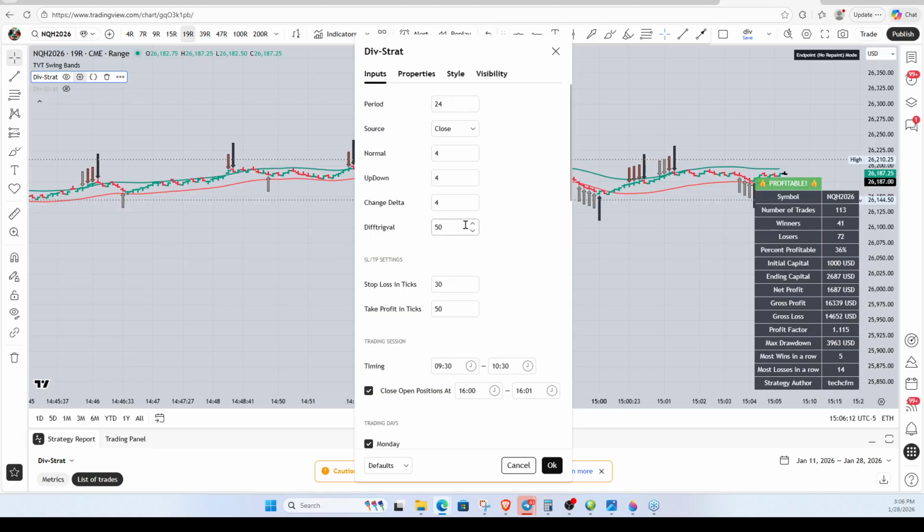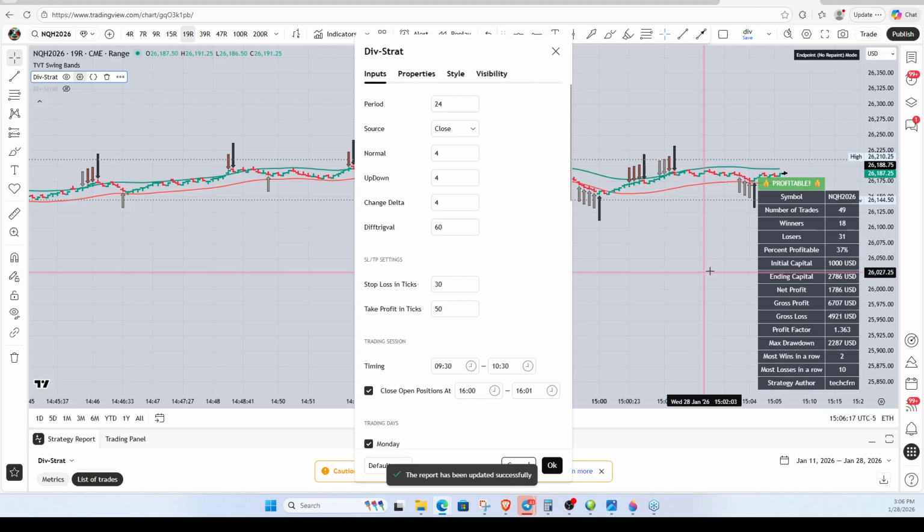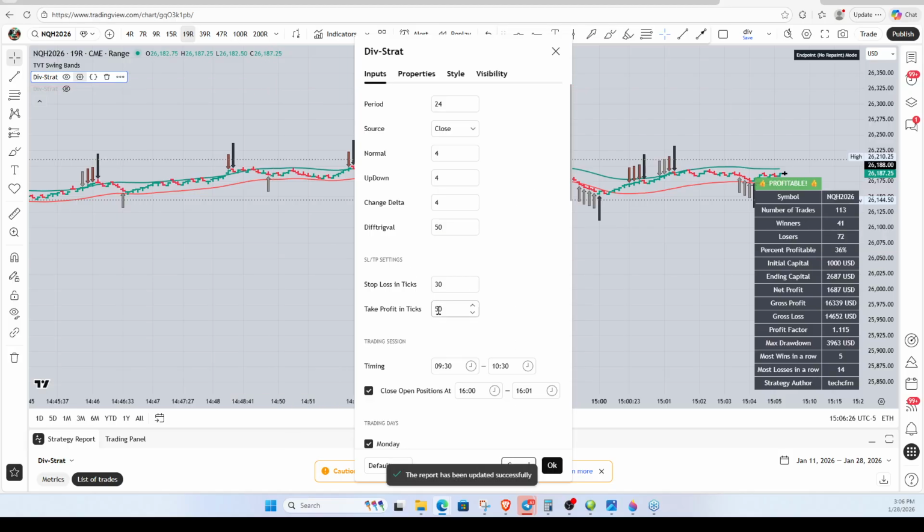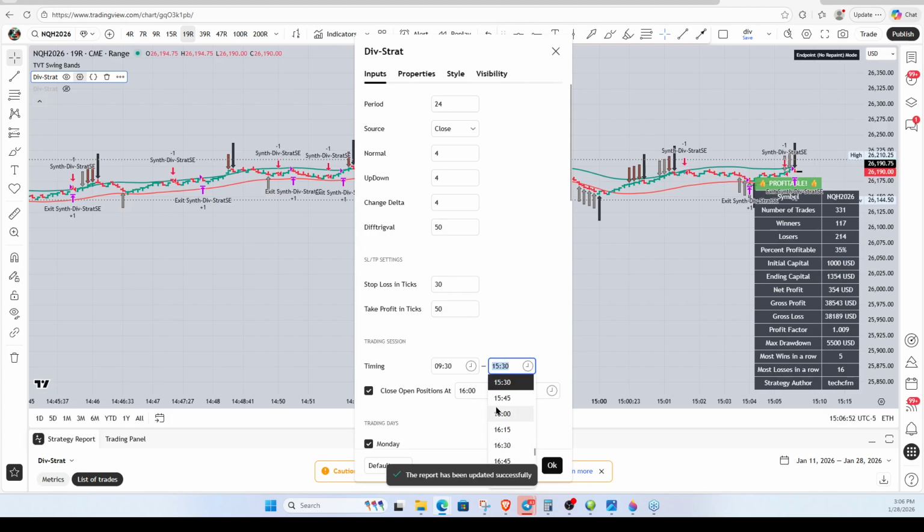Let me see. Does that make it better? I know I had done this and the 19 range was actually looking really good. But the stop and the take profit, you gotta play around with those to get it where it's gonna be best. I think I might have had it on more time. Maybe that's what it was. Have it on more time. I need capital on that. 1636. More time in that case didn't help at all. Yeah, more time is worse. Let's do almost a full day. Yeah, that's a little bit better, but